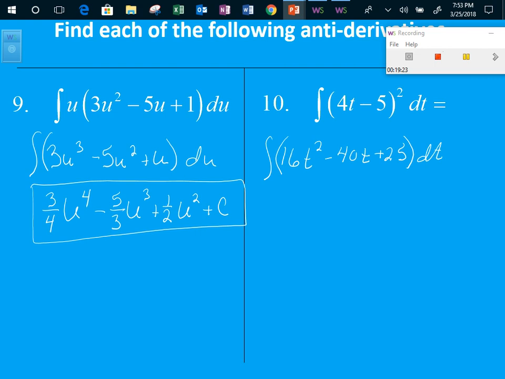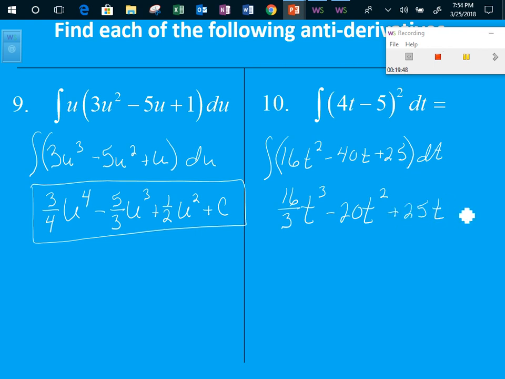Here goes my antiderivative. Add 1, so I got a 3. Multiply by the reciprocal, so there's 16/3, minus t squared. Multiply the 40 by the 1/2 and get 20. The antiderivative of 25 is